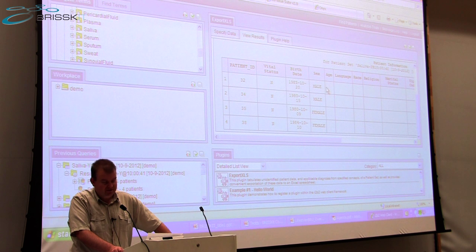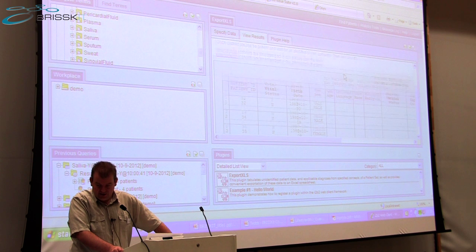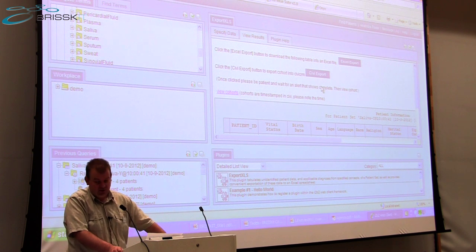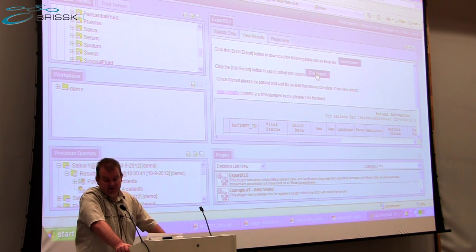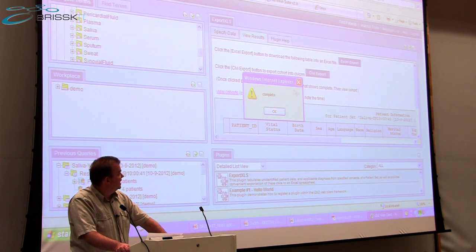So it includes references to the actual locations of those saliva samples within the freezers and storage facility. That's data that's derived from CA tissue. And there's a final step for the BRISSKit integration, which is that CIVI export button. So if all you want to do is export the data and run some analysis on it, there's an Excel